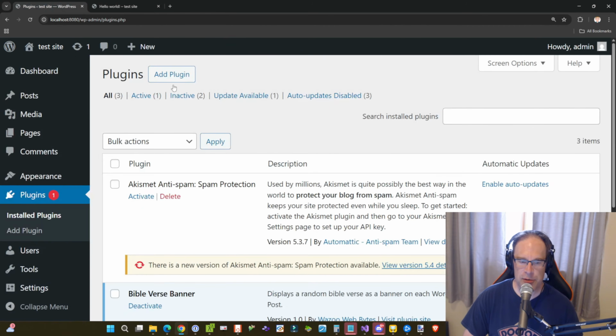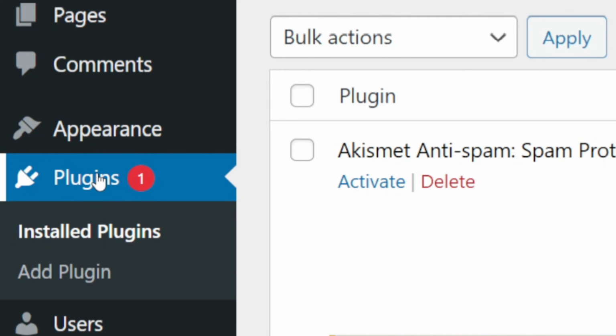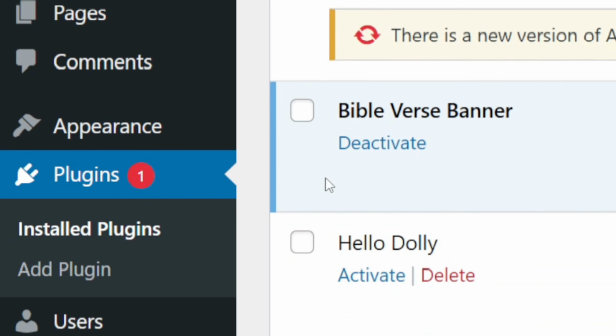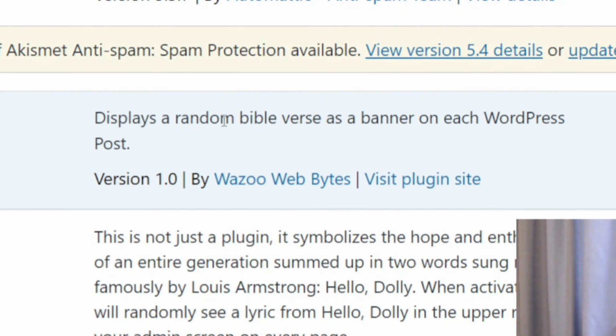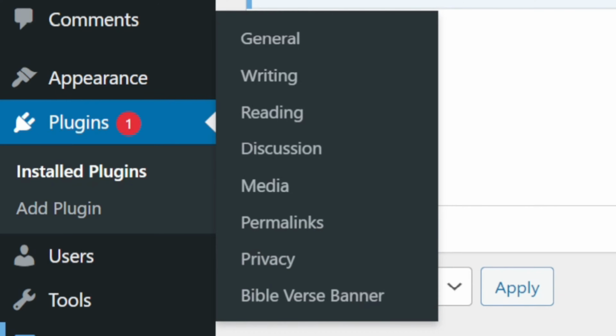If you go into the plugin area in the WordPress admin panel, you can see I've called it the Bible verse banner. We have a little description here: displays a random Bible verse as a banner on each WordPress post. We can provide a link to a plugin site, as well as our name and a version ID. Down in the settings area, we'll have an entry for Bible verse banner,